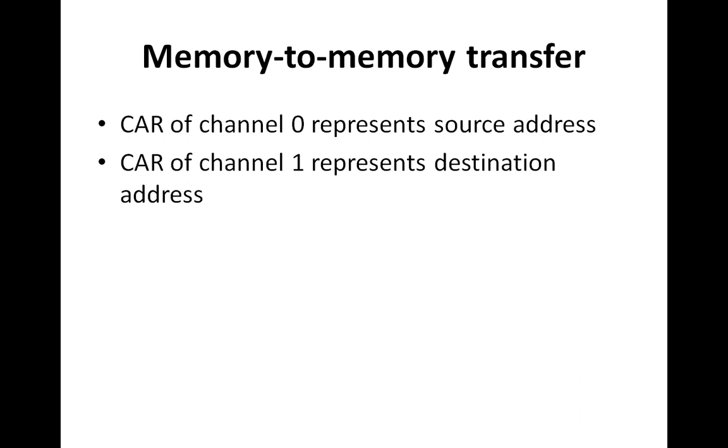So this is how the important point related to memory transfer works. Whenever we have a source memory and a destination memory, channel 0 will be addressing the source address, and channel 1 will be representing the destination address as well as the count. And it is not directly copied. It is first copied into the temporary register, and then from the temporary register, it is copied to the destination part.